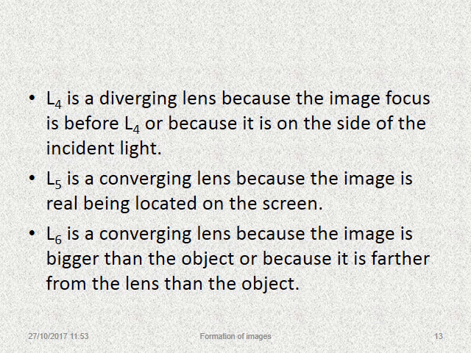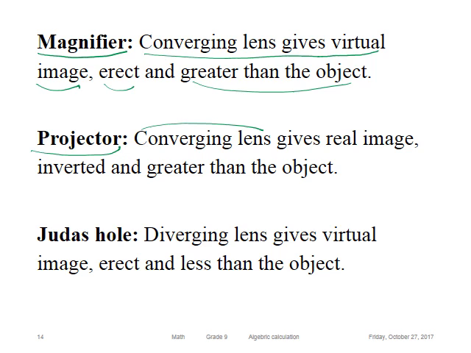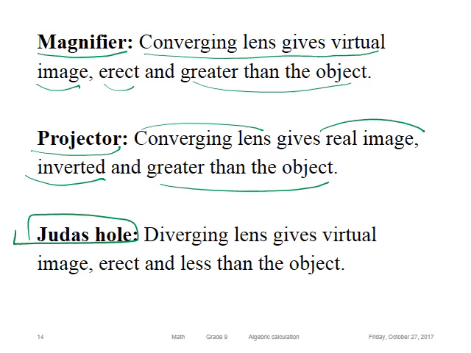We use the lens as a magnifier when a converging lens gives a virtual image, erect and greater than the object. We use the lens as a projector when a converging lens gives a real image, inverted and greater than the object. We use the lens as a Judas hole when a diverging lens gives a virtual image, erect and less than